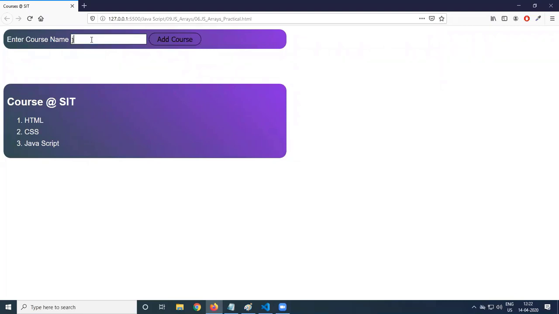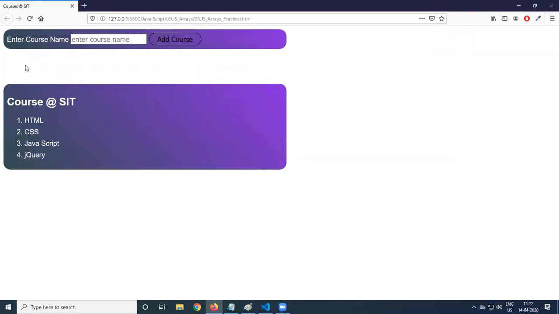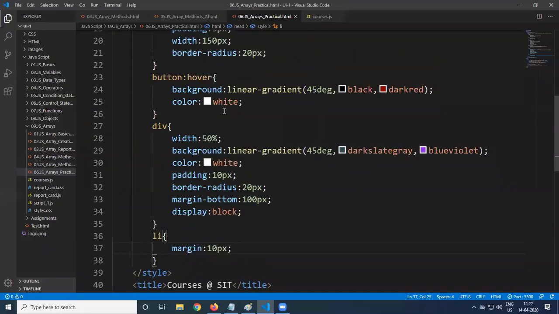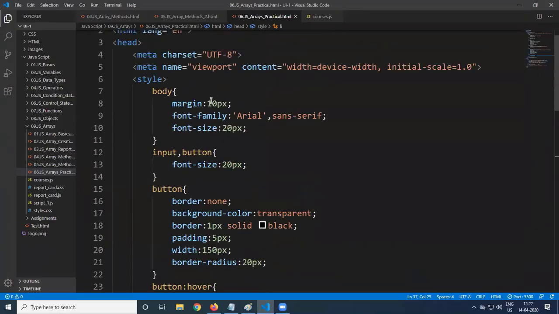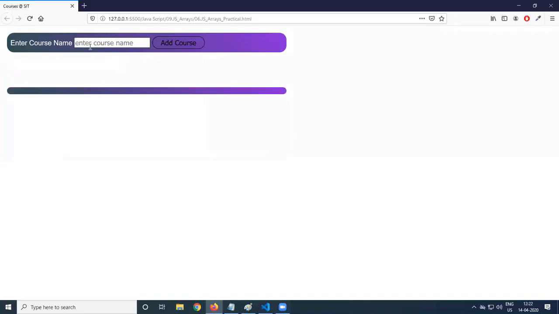So JavaScript, jQuery. These things you are able to do, the programming you are able to do, only if you practice these things in a proper way. If you are clear with the fundamentals, then only you are able to implement something like this. Otherwise, no use of that. So please do. That's what I keep on telling. Practice, understand the concept. Otherwise, there's no use.